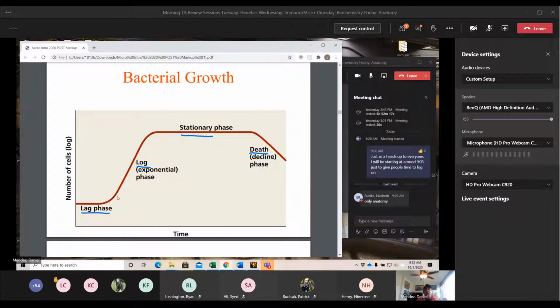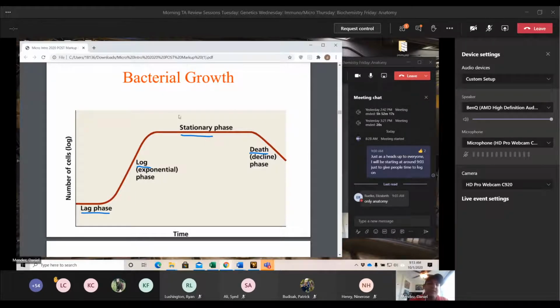This is going to occur when we expose them to any sort of nutrient. So whether they've infected an organism and they can abuse the energy sources that organism has, or we put them on a growing media. If we have a growing culture media, scientists and pharmacists have put in a lot of energy sources for the bacteria in that media so that they can grow, and they will be in this log phase. Once they use all those resources, they then stop growing and they enter the stationary phase.